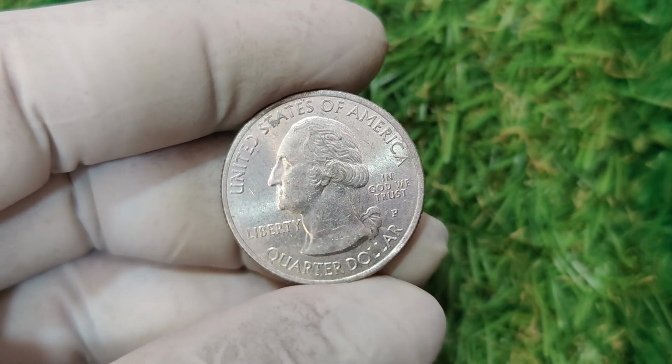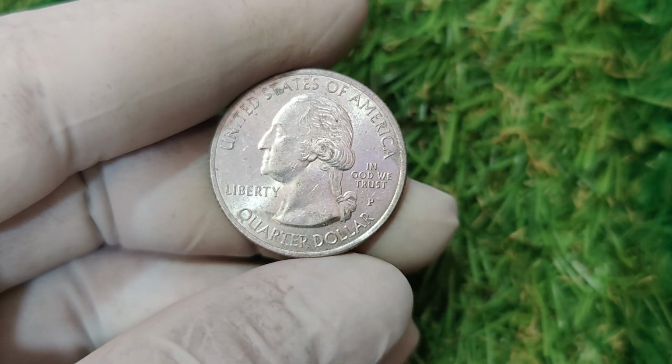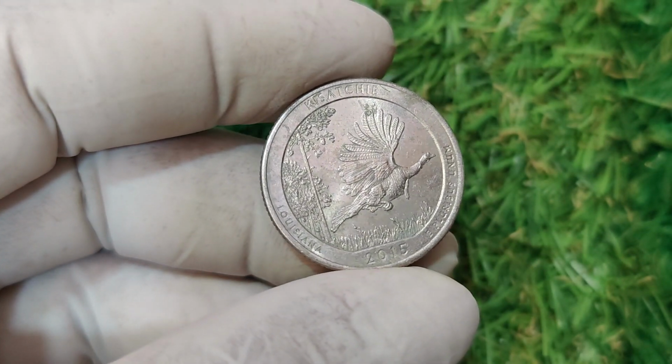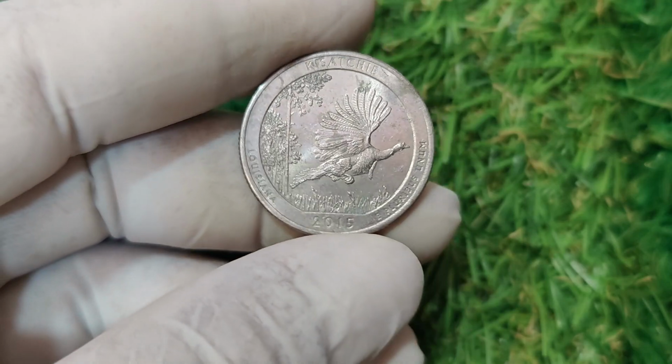Washington quarter coins. These are part of the America the Beautiful series and might just be hiding a small fortune in your pocket change. So grab your magnifying glass and let's explore why this seemingly ordinary coin could be worth serious money. The 2015 P